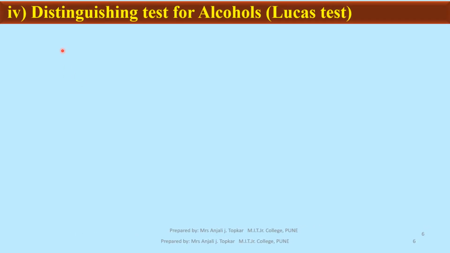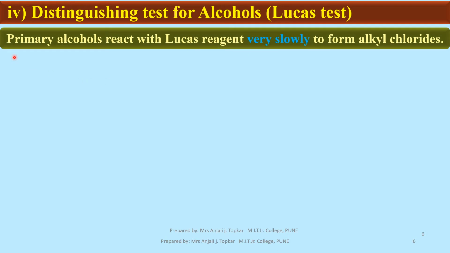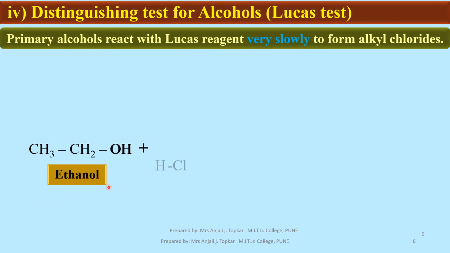Now we are going to see the distinguishing test of alcohols, Lucas test. Primary alcohols react with Lucas reagent very slowly to form alkyl chlorides. Ethanol is a primary alcohol. When it is treated with HCl, in the presence of anhydrous ZnCl2,